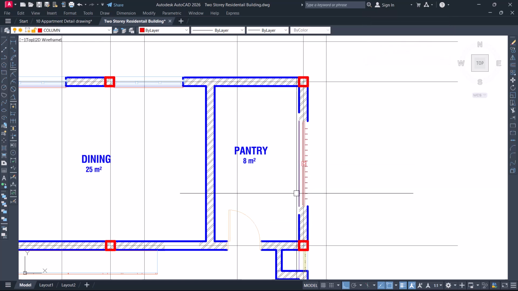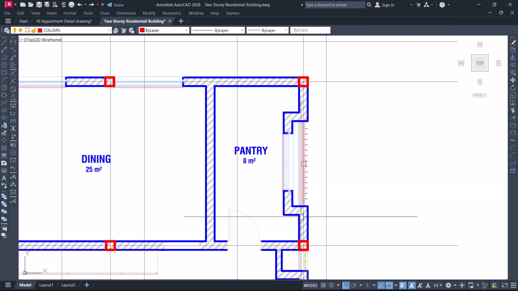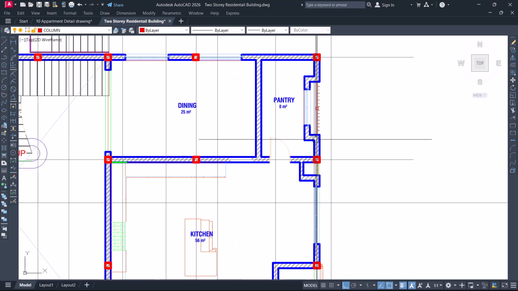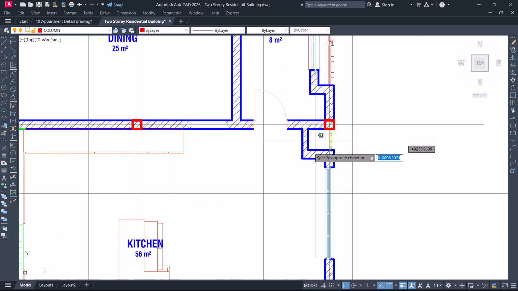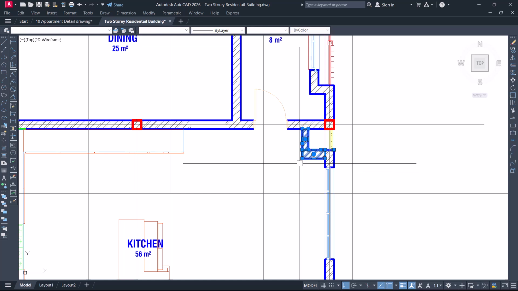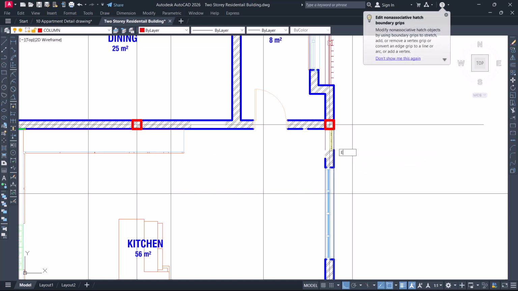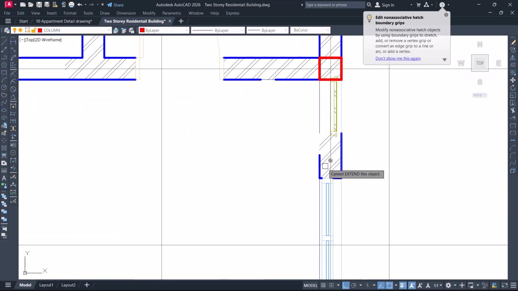Let me just leave that wall first, but I'll have my beam cross there. That's fine. So again, this is a duct, so I'll just ignore it. I'll use a slab hole, an opening, to create that opening on the slab. Okay, that's fine. So I'll come again now, extend this,